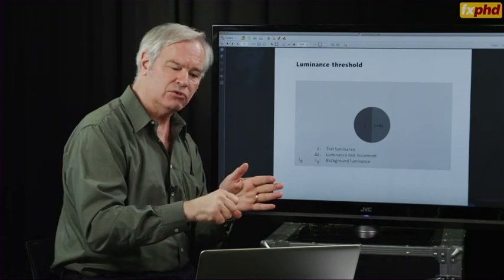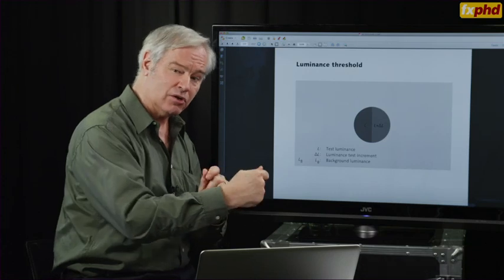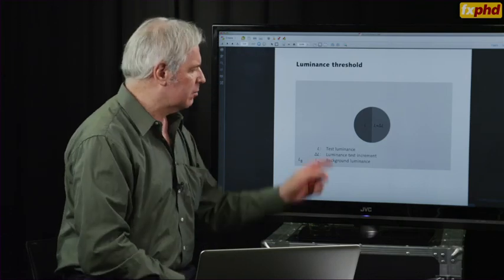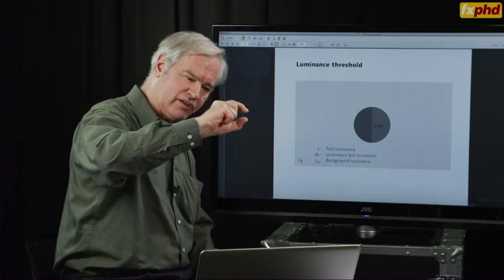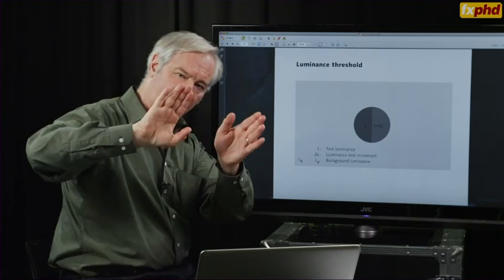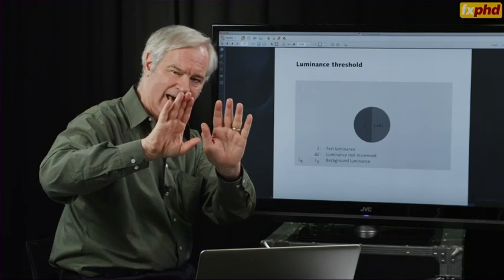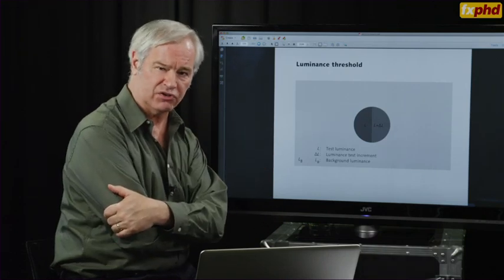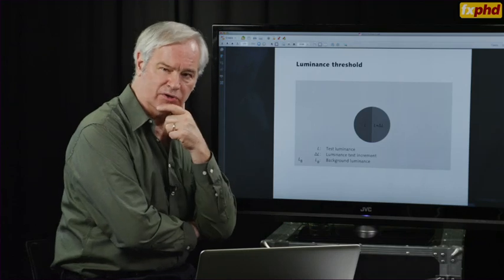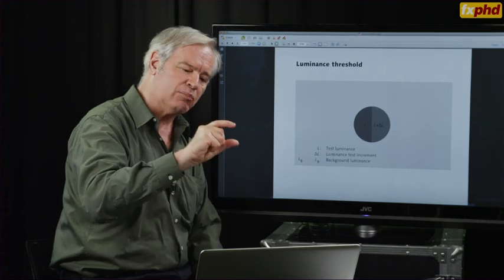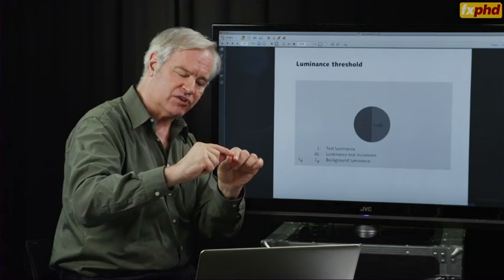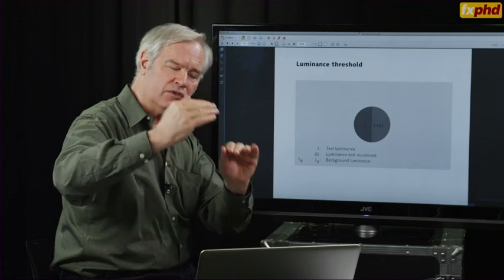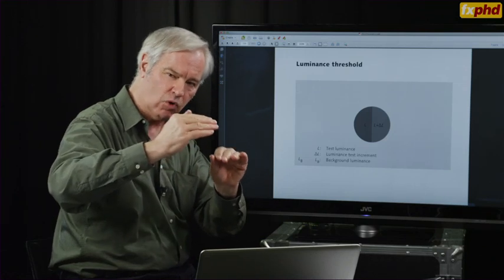Even though you might be able to use an extremely accurate measuring instrument to measure a difference, the key question is, can I see the difference? Because as soon as I drive that little delta L to a small enough value that I can't see the difference between those two halves, then I don't need to represent that data with any additional precision as far as the requirements of human vision are concerned. So we've reached the point where we determine the step from one pixel value to the next pixel value that's just on the verge where it won't be noticed.